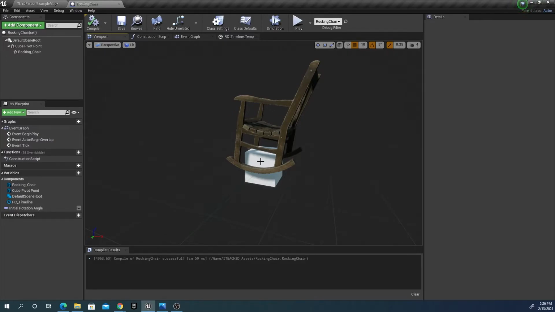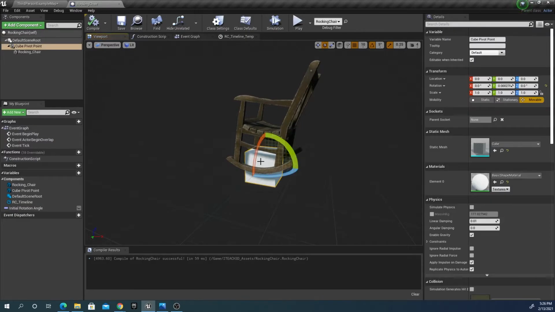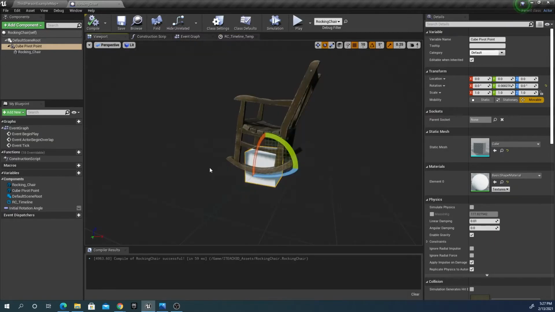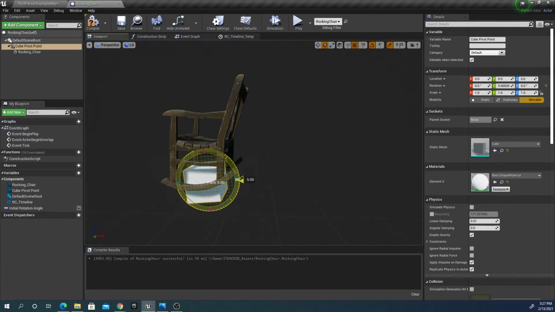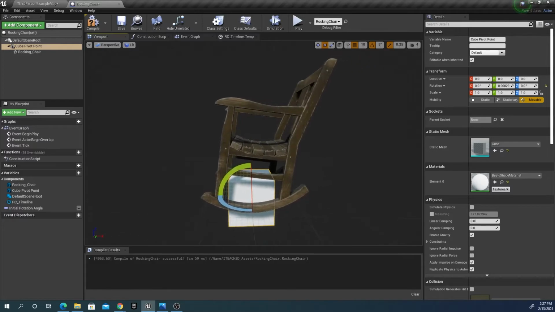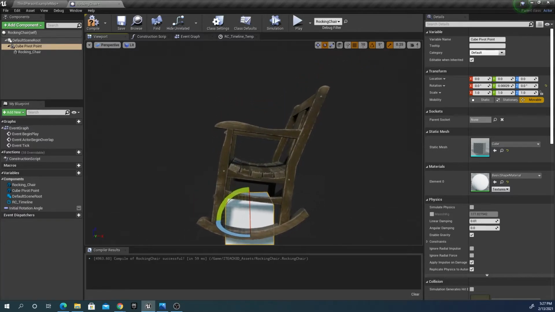Now, the location here. So this has got to move back and forth. Well, let's go ahead and get back into our timeline, and we've got to move that thing back and forth. Now, how do we know how far to move it? Well, that's a great question. Honestly, the answer is you kind of have to look and see. I had to do some measuring. And so what I'm trying to do here